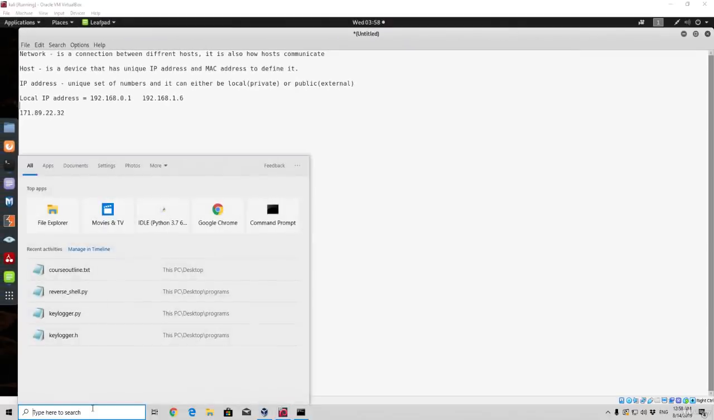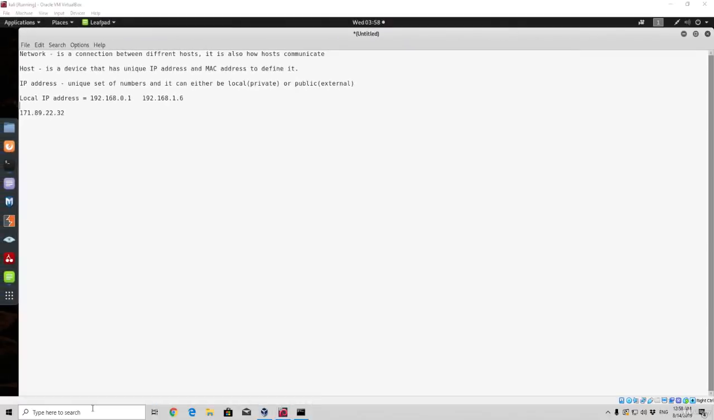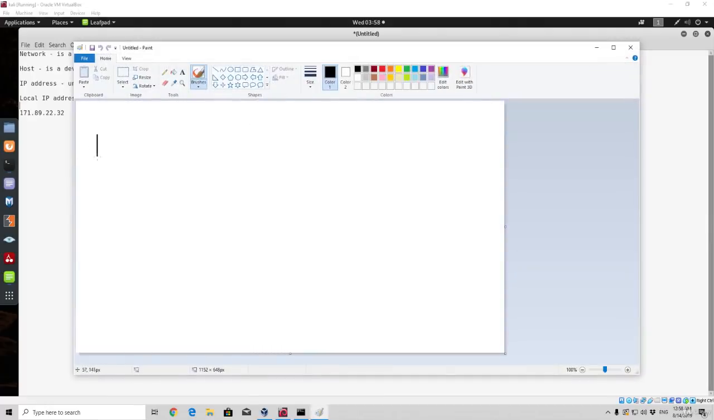So simply in order to paint that a little bit better, we can just open Paint right here, and we can simply draw a PC. So this is your PC. Let us draw it right here. It has the IP address of 192.168.1.6. And let me just enlarge this dot right here. Okay, and it sends packets to your router. And this is your router, let's say. It has the IP address of